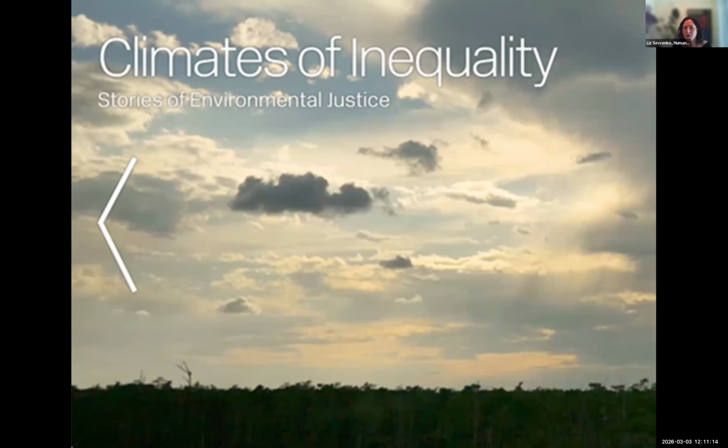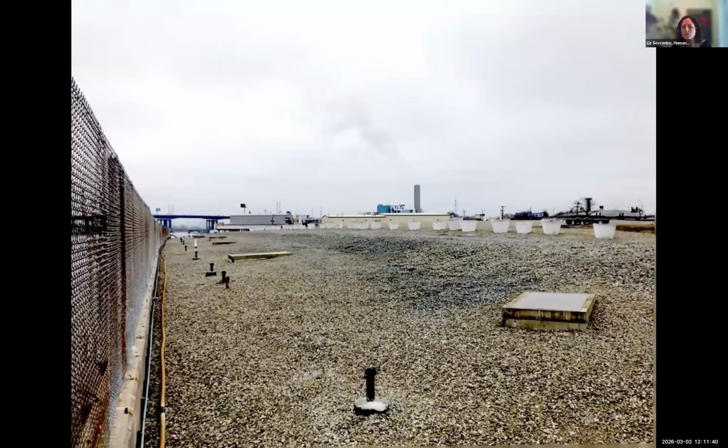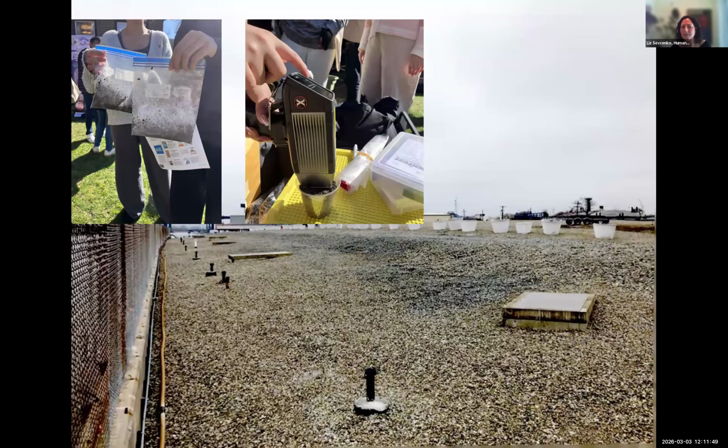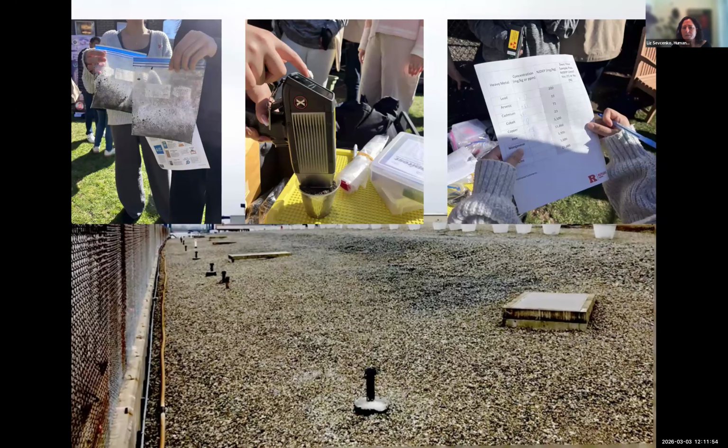meat on the bones. One of our projects is called Climates of Inequality. It's looking at histories of environmental racism and their impact on local frontline communities' experiences of climate change. So again, these are all across the country. Students are collaborating with environmental justice organizations to do a wide variety of types of research. Some of that research is literally looking at and measuring the soil, the contents of the soil beneath their feet, and understanding the toxicity and the social history behind the toxins that they're finding in the soil beneath their feet.